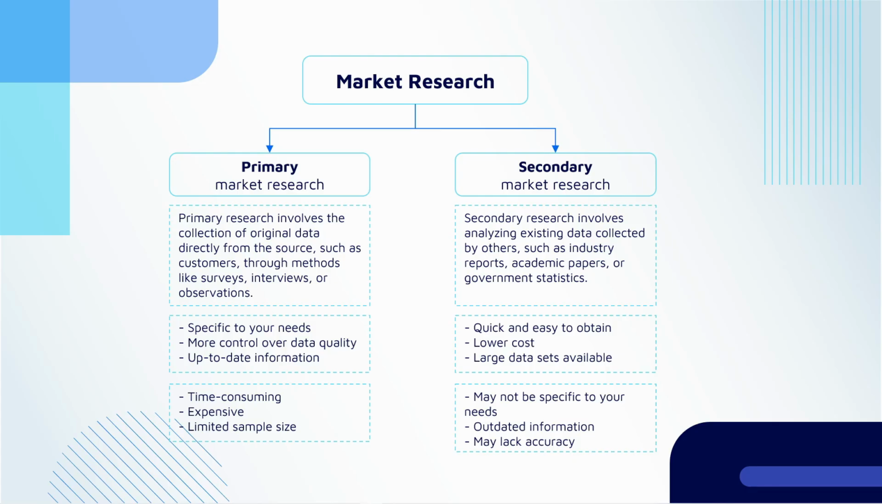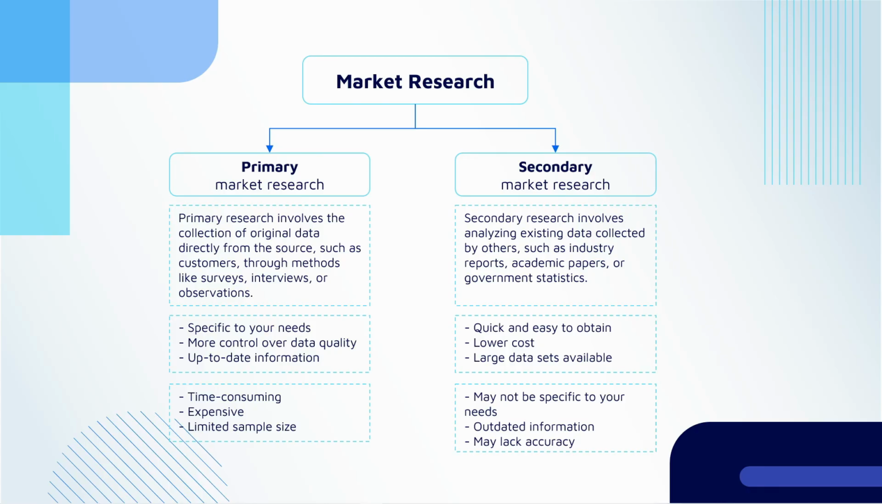Going deeper into market research, there are two main types of market research: primary market research and secondary market research. Primary market research is the collection of original data directly from the source, usually customers. This is done through surveys, interviews, or observations. The advantages of primary research are that it is specific to the business's needs, gives more control over data quality, and provides up-to-date information. However, the disadvantages are that it can be time-consuming, expensive, and sometimes only uses a limited